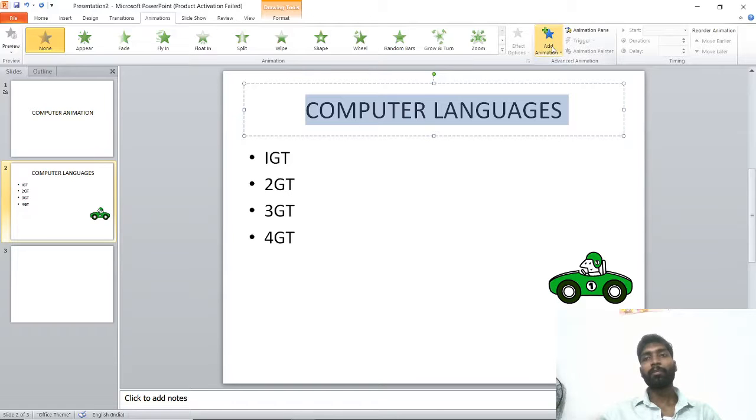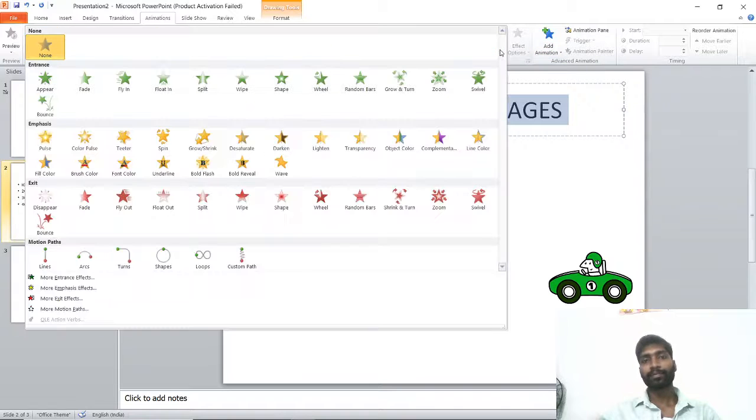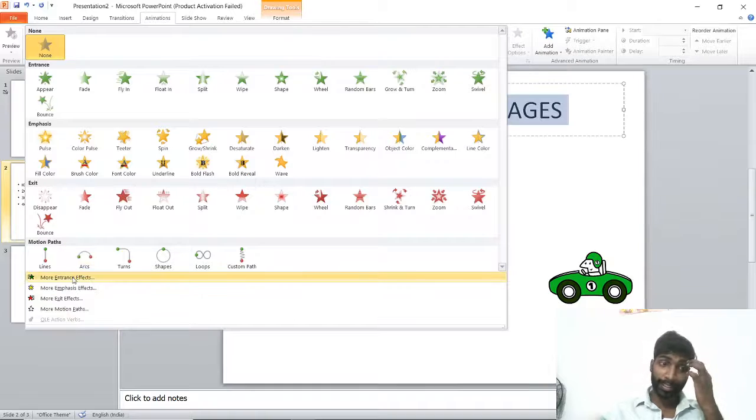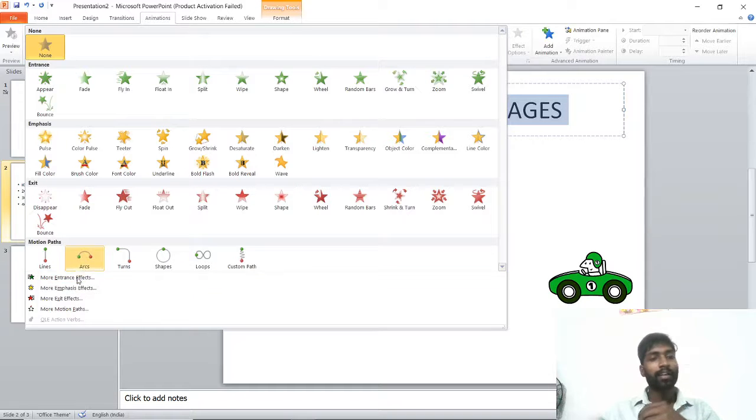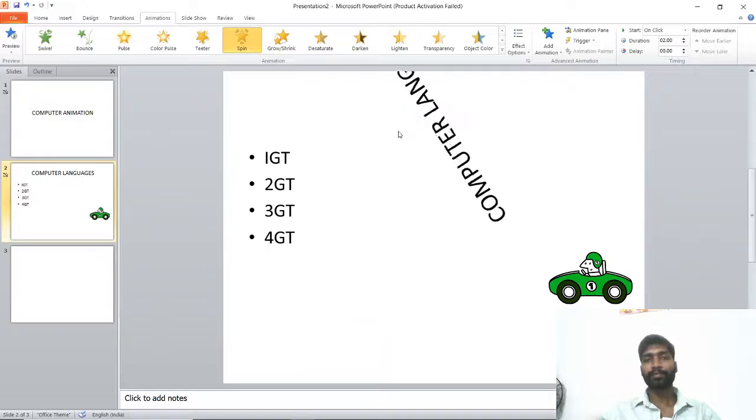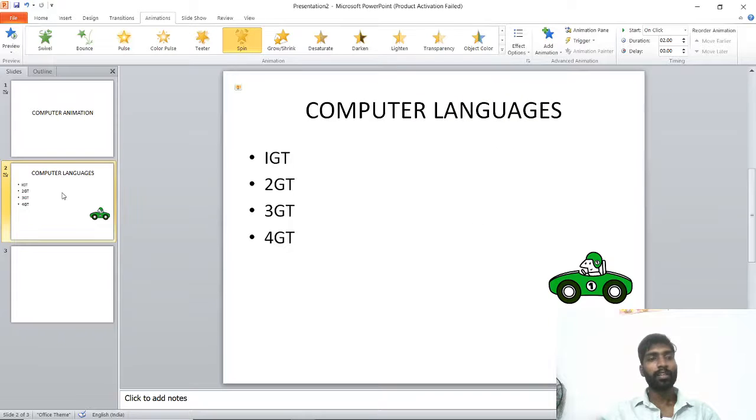If you are expecting more animation, here itself you can see some more: emphasize, exit, more on entrance, motion path, everything you can see. So I am going to select spin. Students, when I select spin, it is reflected there.